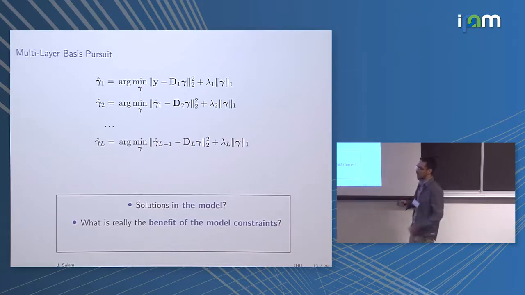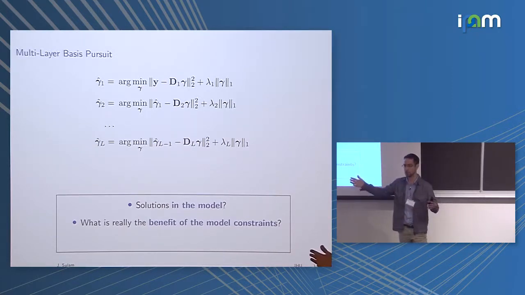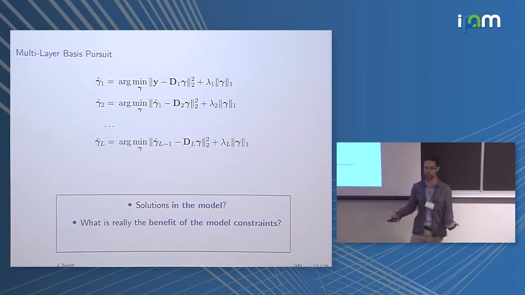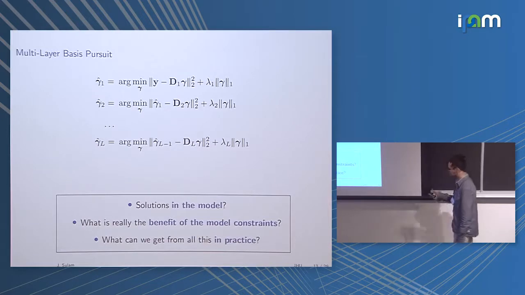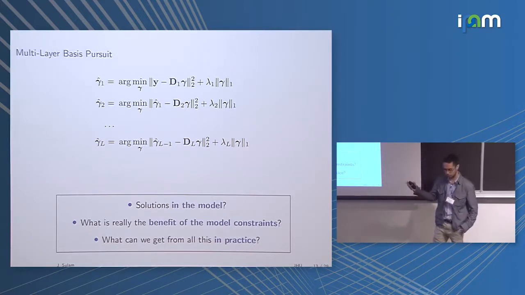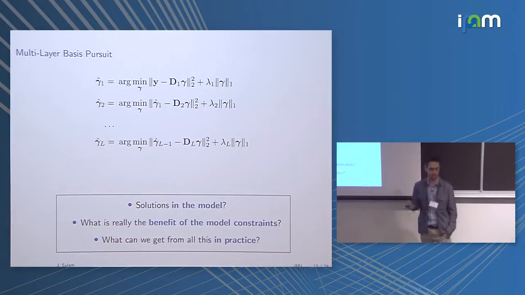And we keep adding constraints to our model in this multi-layer fashion, and we're making our generative process very restrictive. So what are we getting in return? What are the benefits of all these added extra constraints? In the end of the day, of course, what we would like to do is end up with some practical benefits that will hopefully be inspired by these principles. And we will get to this at the end of the talk.